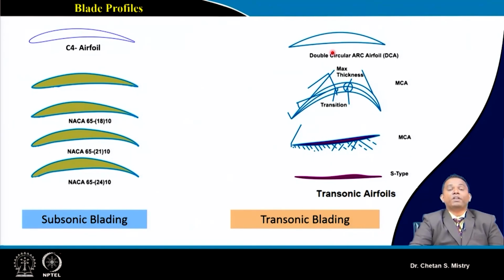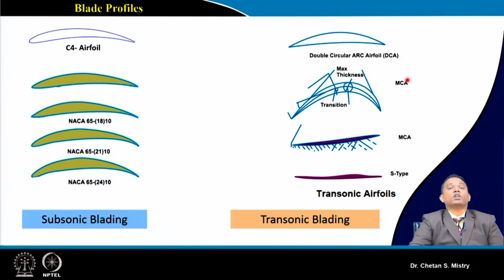Sometimes you need to play with this in managing the flow within the flow passage, and that is the reason why this is ruled out when we are moving towards higher supersonic or higher Mach number configurations. For that, the next kind of aerofoils people have developed